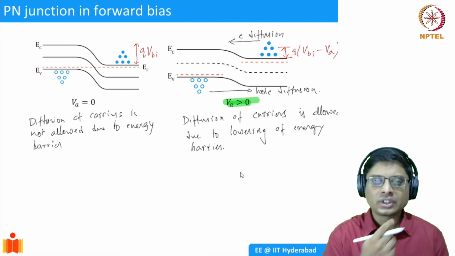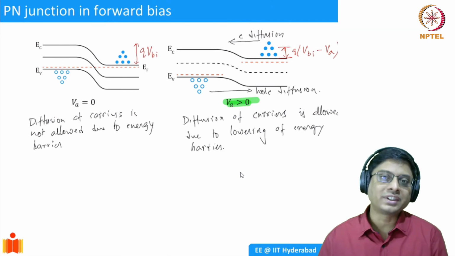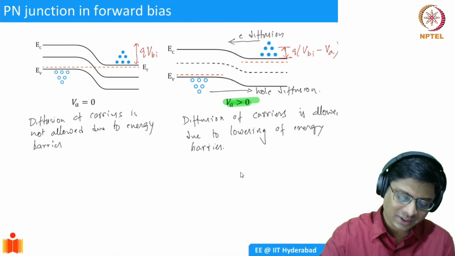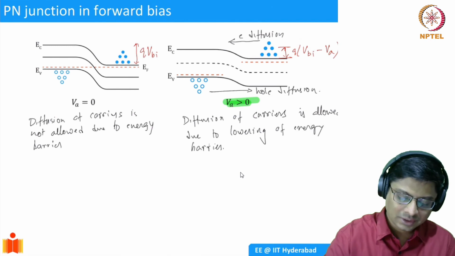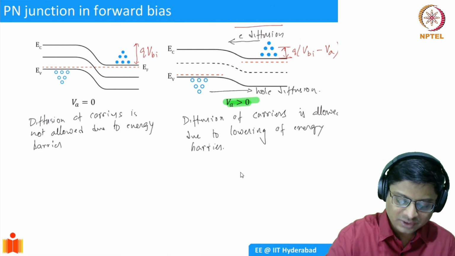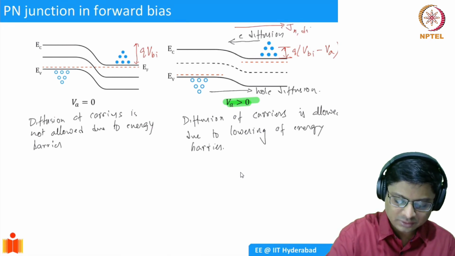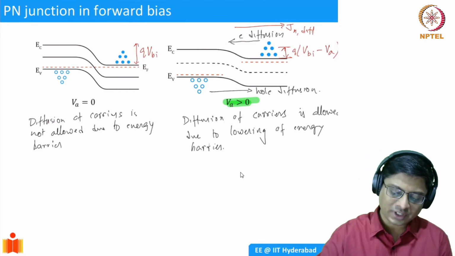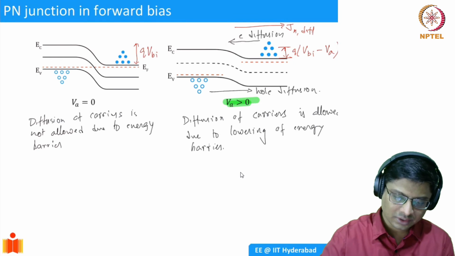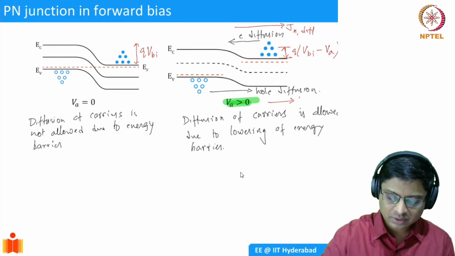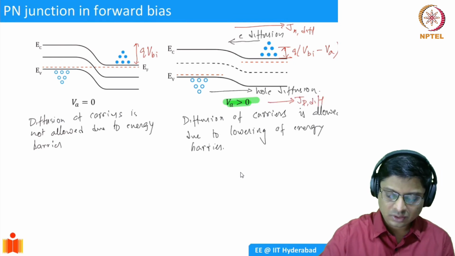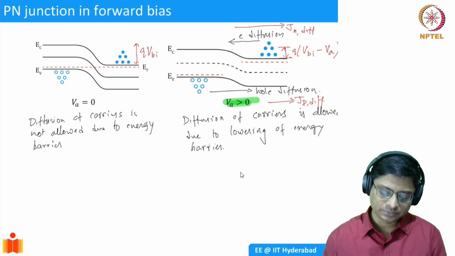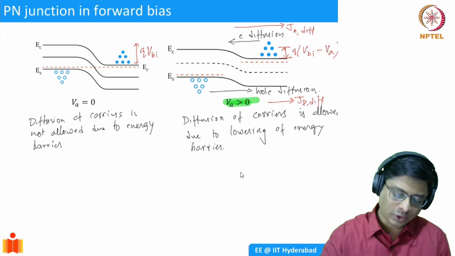Right? So essentially we have current. So what is the direction of current? Well, that's interesting, right? If you have electrons which are flowing from right to left, you have current. By convention, this should be Jn diffusion. Right? It's going in the positive direction. Similarly, holes are traveling in the positive direction. So your J diffusion should be J. Diffusion current for holes is also from left to right. Okay. Now we want to ask a question.